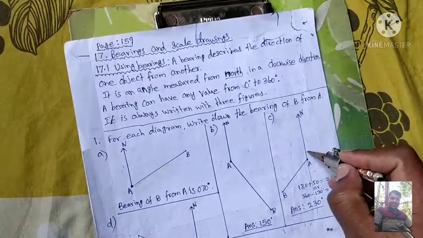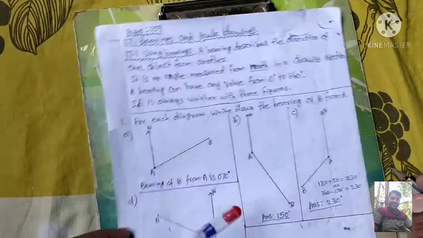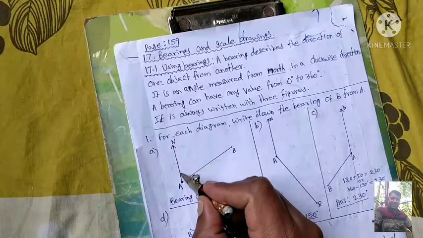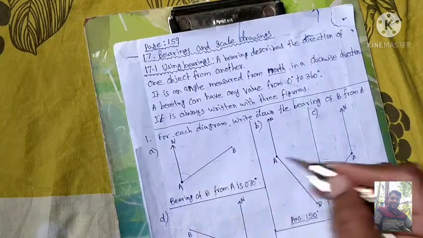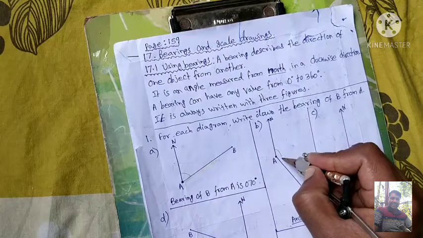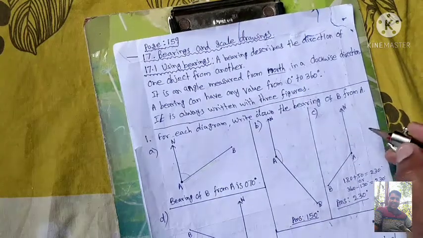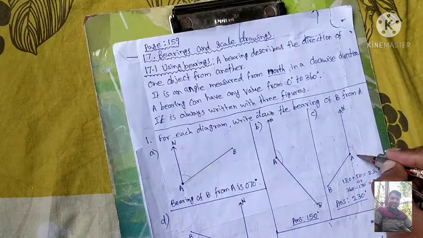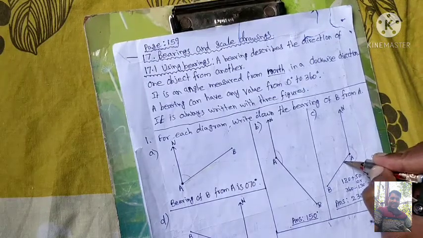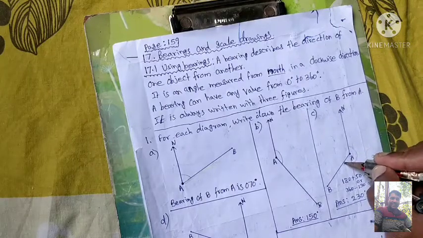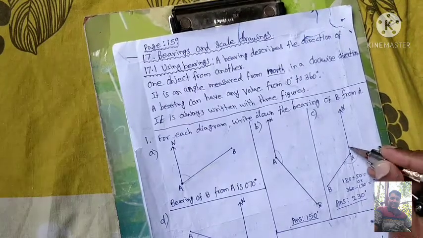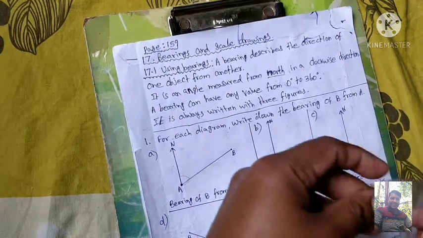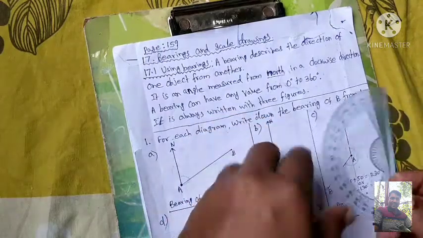Now we are going to measure which angle. See here, the first question. It is better to use the angle sign. Here we measured the north side to the line B. So here also we are going to do the same thing, north side to B. So we are going to measure this angle. From the north side to the line B, we are going to measure this angle. From here to here, you already know that it is 180 degrees. So now we are going to measure this angle. So put your protractor on the opposite side, because we already measured here.